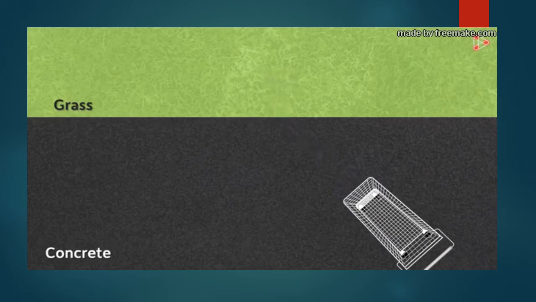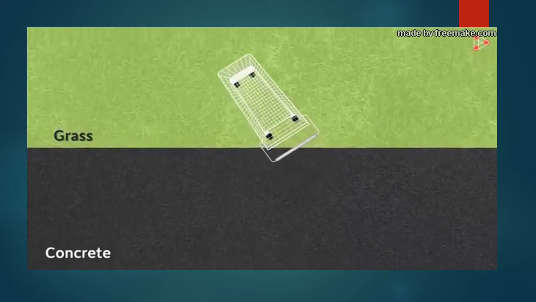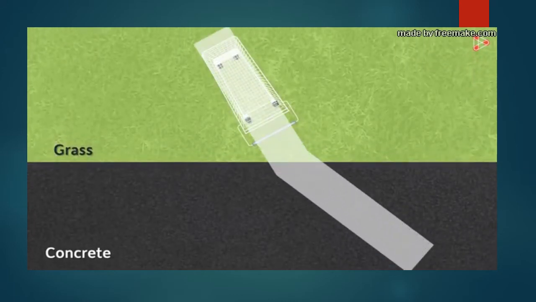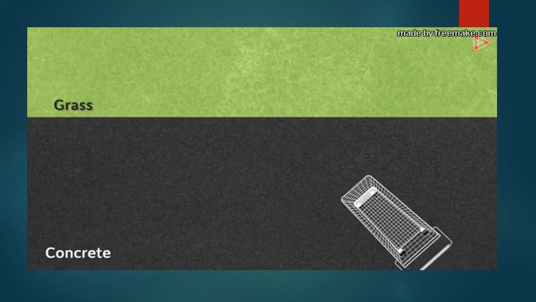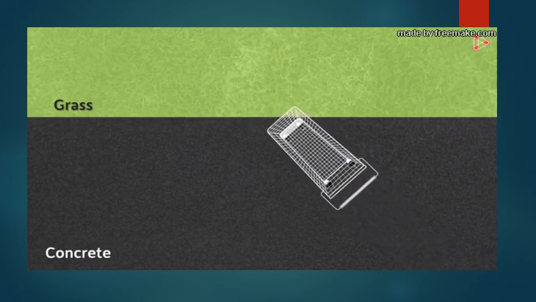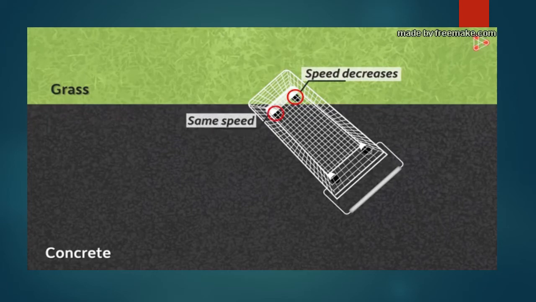Let us see that. This is how it would look. Now let's take the cart back to the original position on the road, and we will look at the movement very slowly. As the cart approaches the grass surface at an angle, its right wheel will enter first, and as it enters here, it will slow down. At that time, the adjacent wheel is still on the concrete road and is hence moving with the same original speed. So the wheel on the grass surface will move slower than the other wheels for some time.